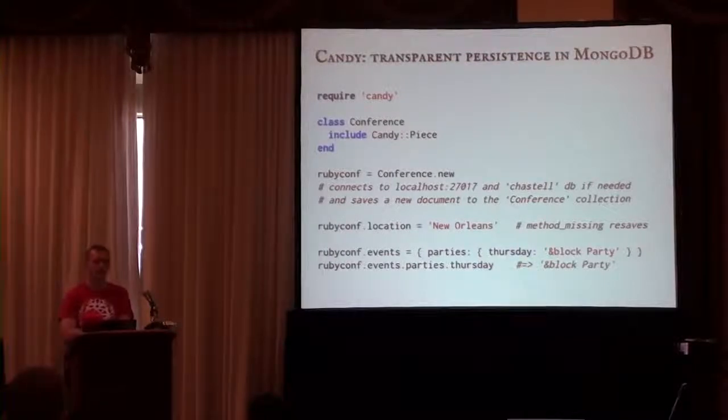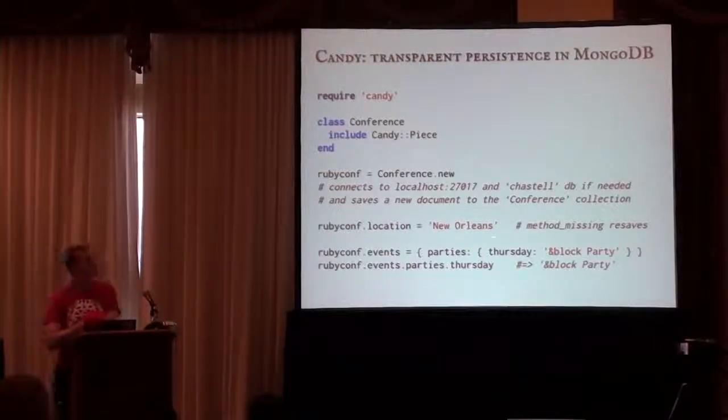And the other thing that lies very close to the border of insanity and genius, in my opinion, is the way that Candy handles the persistence. Because Candy has a very small but very powerful method_missing solution: anytime you call a getter or a setter that is not explicitly defined in your class, like let's say location equals, this makes a behind-the-scenes save to your database that sets the location key to the New Orleans string.